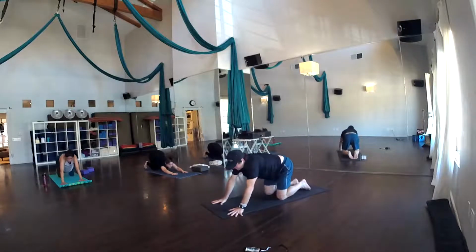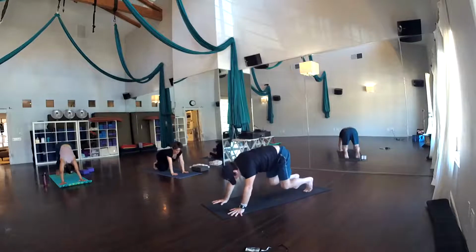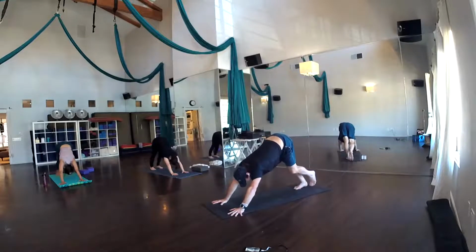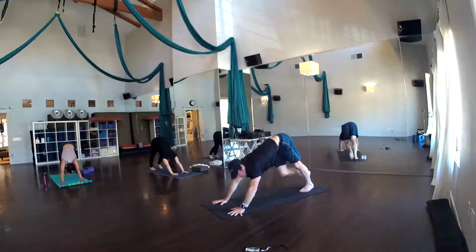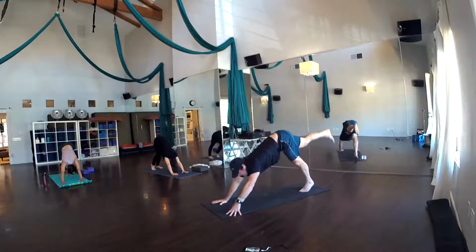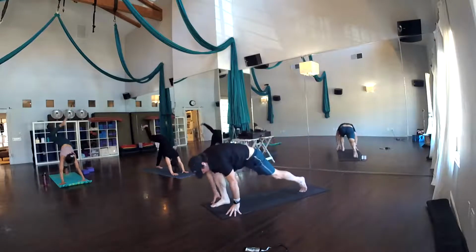Downward facing dog from there. Come on up. Tuck the toes, lift the hips. So take a moment, bend the left leg, push the right heel down, stretch it. Switch sides, bend the right leg, push the left heel down, stretch it. Good. Right side when you're ready, take the leg up, bring it all the way forward, and stay on the